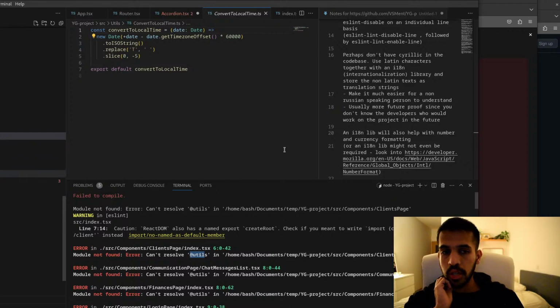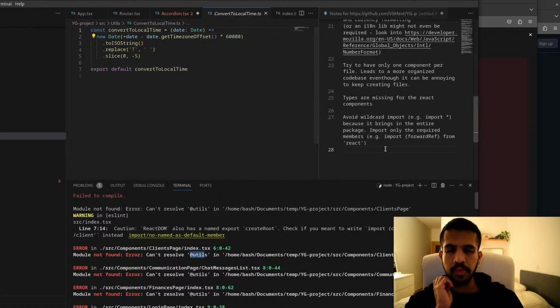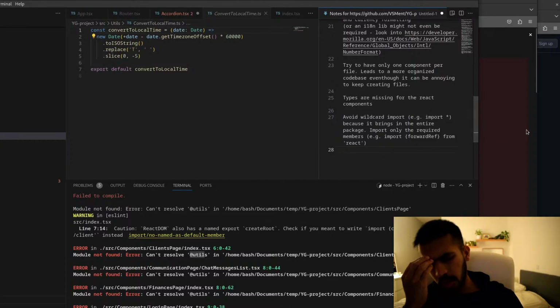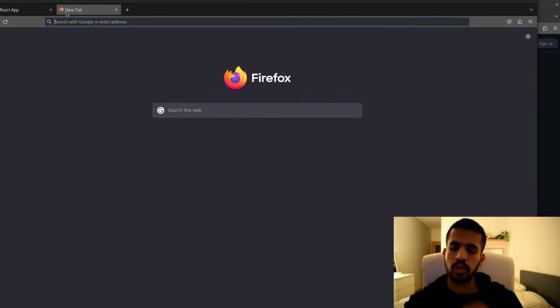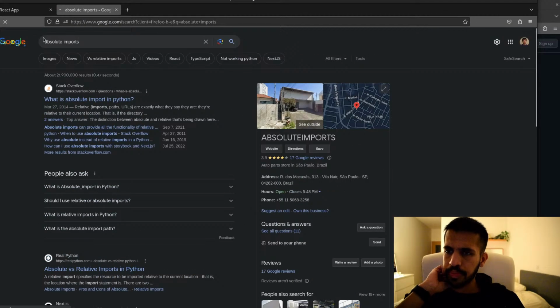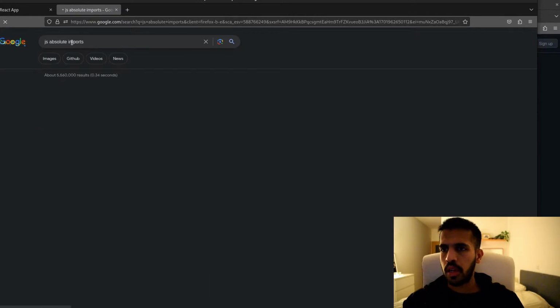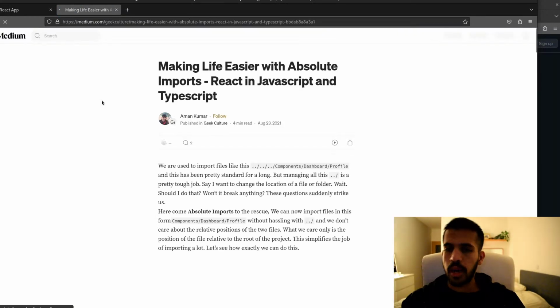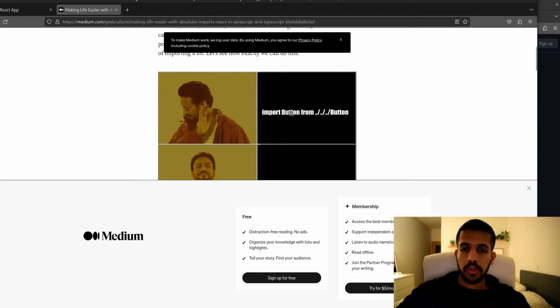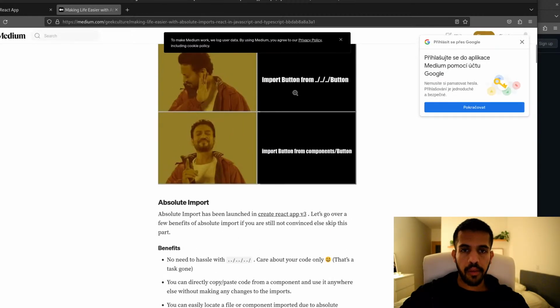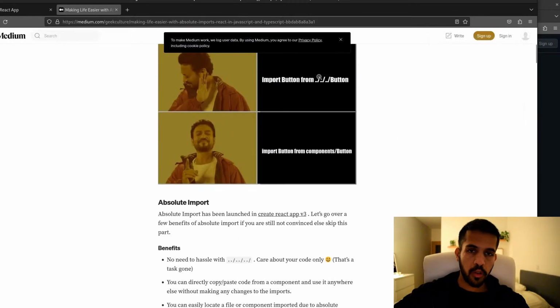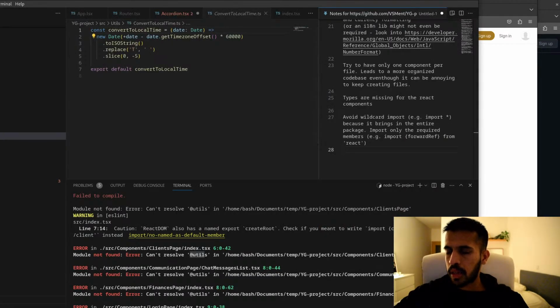Well, a good thing to set up on all projects is, what is it called, relative, or is it called absolute imports? I think it's called absolute imports. I always mix the two up. I think this is JavaScript absolute imports. Yep. So set up absolute imports so that you don't have to do this whole dance with folder levels, and you can just import directly from the top, components slash, rather than going dot components slash button. So I think he hasn't set this up.